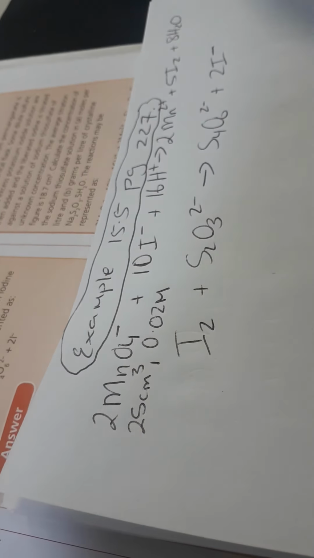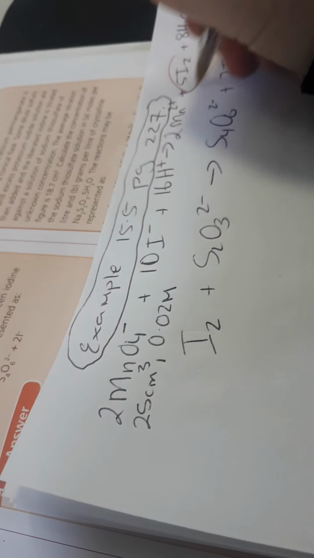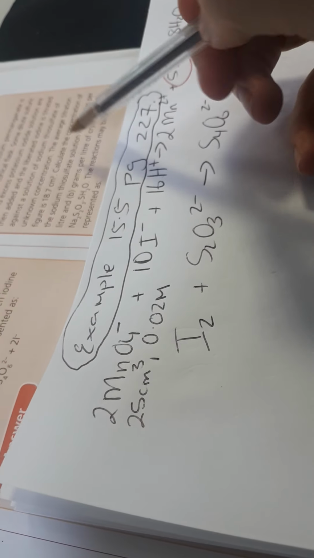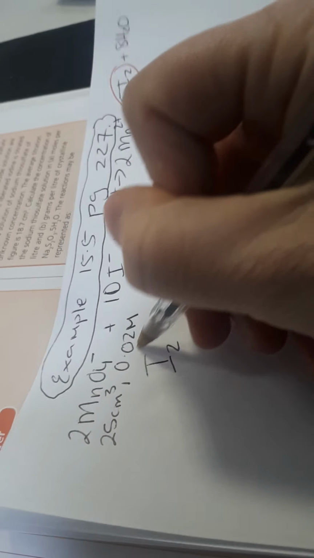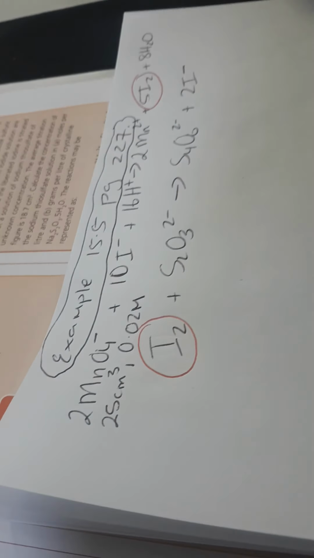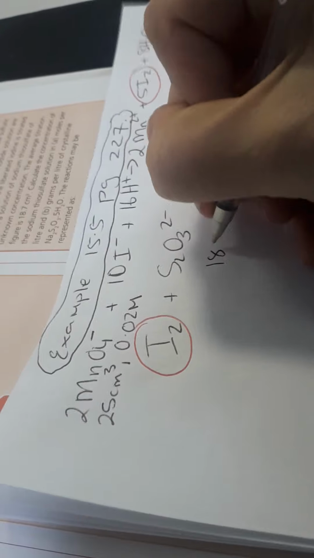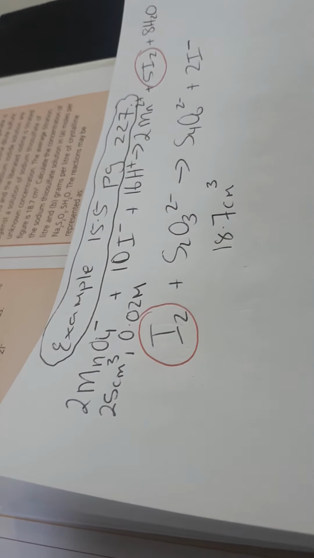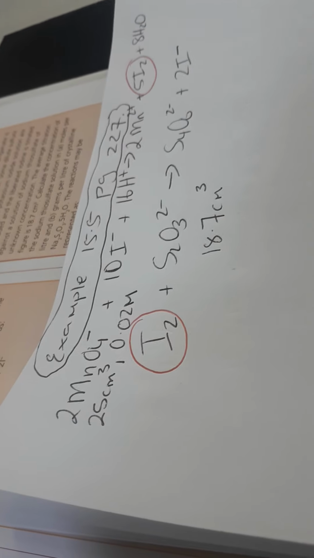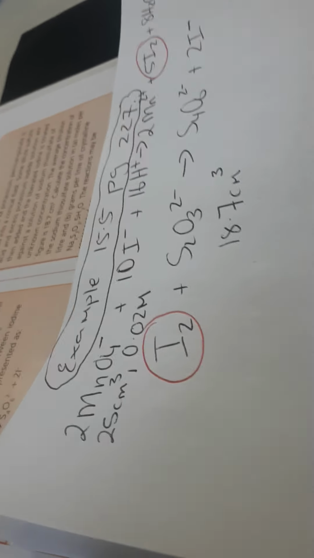And the liberated iodine here is titrated, which is here, against my sodium thiosulfate. And my average titration figure is 18.7 centimetres cubed. And we are asked to calculate the concentration of sodium thiosulfate solution, so this, in moles per litre and in